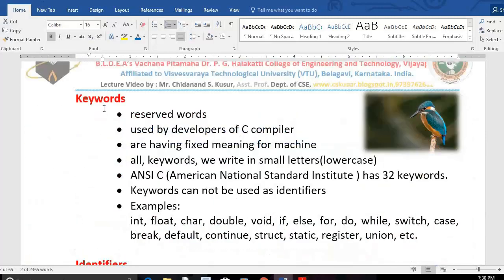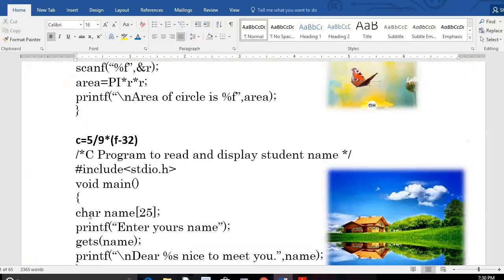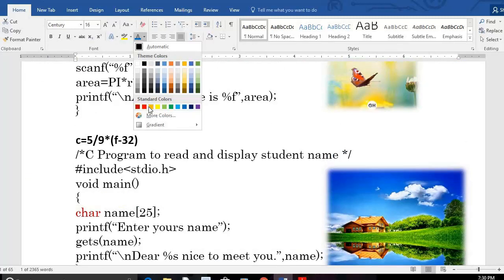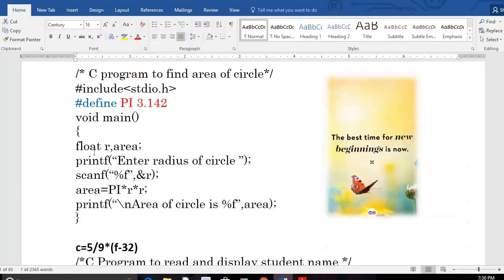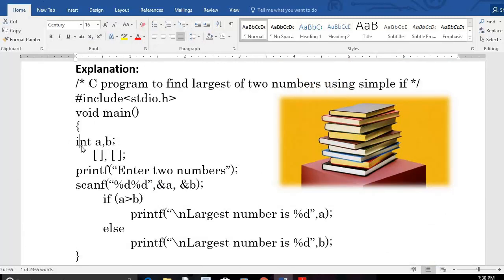Already we know, word means a simple word. Keyword means important word. Key. Person, simple person. VIP, very important person. Person means a normal human being. Key person, very important person. Like that. Now for example, int, char. Char has one special meaning for the C compiler. Char means character. Yes or no? Float means what? Number with fractional part. Floating point number. Int means what? Can you tell me? Int means integer, number without fractional part.